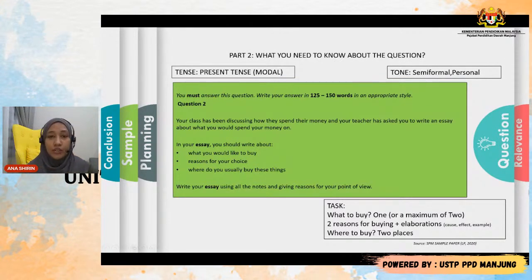So when you address the task about what to buy, similar to where to go just now, we would probably only provide one option because we don't want our essay to go rambling on and out of control. There will be too many things to write if you suggest 2 things that you want to buy. So for this context, it's best to stick to 1, or perhaps a maximum of 2, but I would not recommend that. For the what to buy, you will only buy 1 thing. And for the reasons,